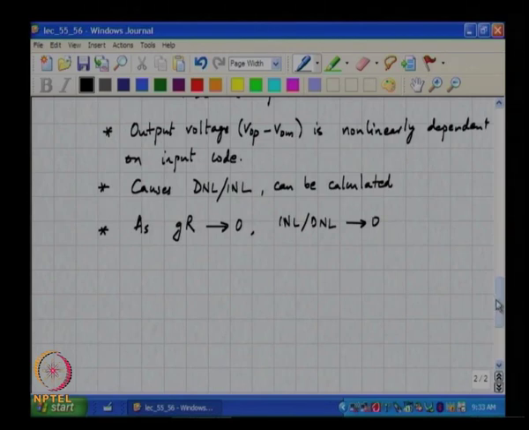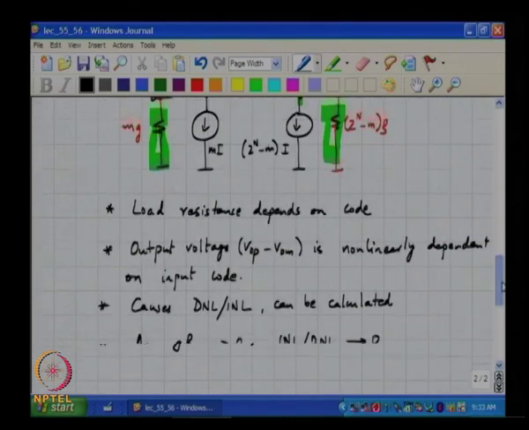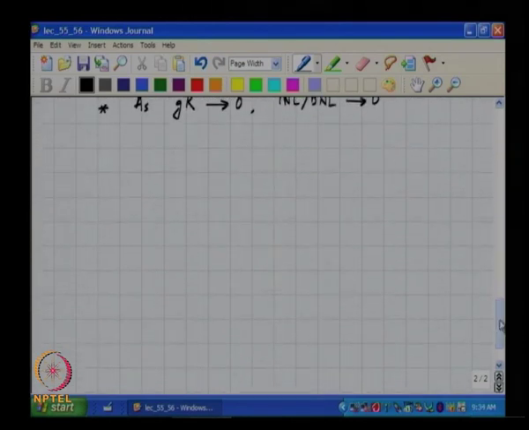So, the next thing is the matching of the current sources itself. As we saw the last time around, the matching of the current sources along with the choice of the segmentation determines the sigma of the DNL and INL, correct. So, it turns out that